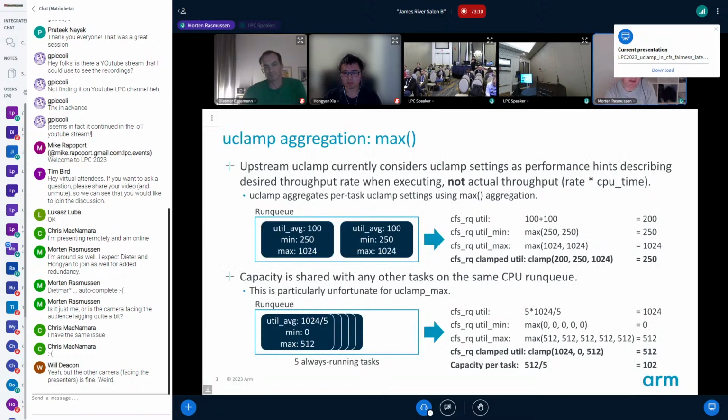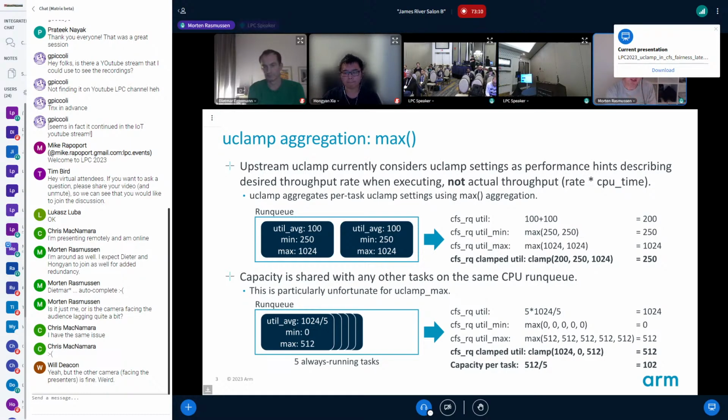I tried to summarize how uClamp works upstream as it is today. As Kai pointed out during Saravana's talk, uClamp is currently considered a performance hint describing the desired throughput rate rather than the actual desired throughput. A task can ask to run at a specific frequency, but the request doesn't imply any throughput reservation or guarantee.